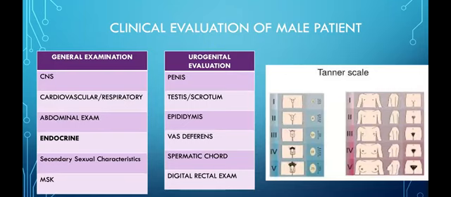Spermatic cord evaluation is important, looking at things like varicoceles, and then finally getting to the digital rectal exam, where you should evaluate the prostate for any kind of firmness, any masses or any abnormalities, and then the seminal vesicles. If you can feel them, they might be overly full. It just gives you an idea of evaluation of the patient.